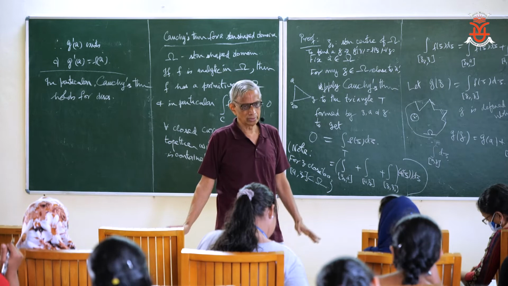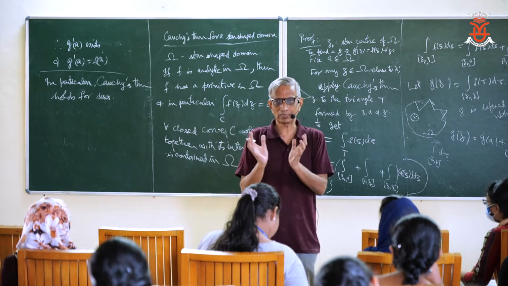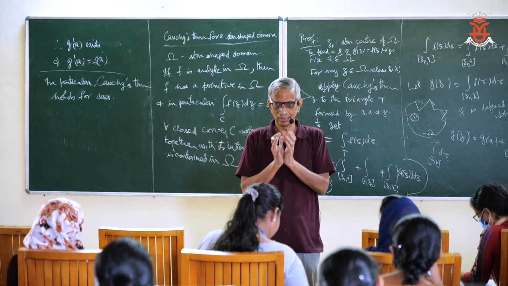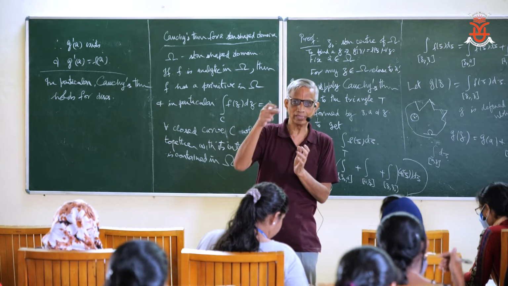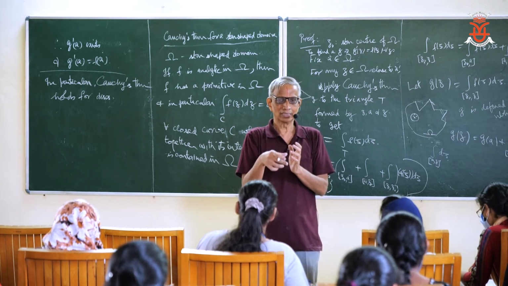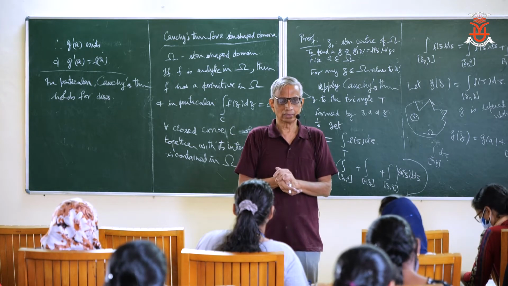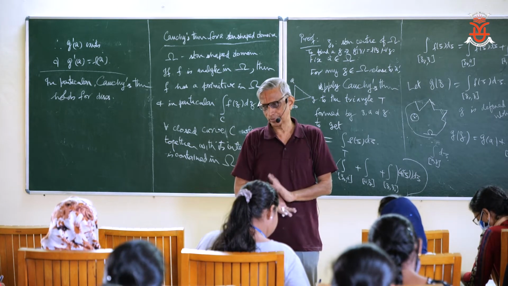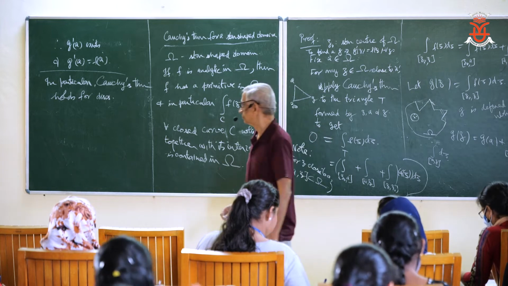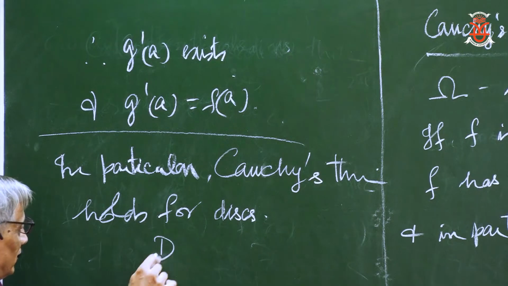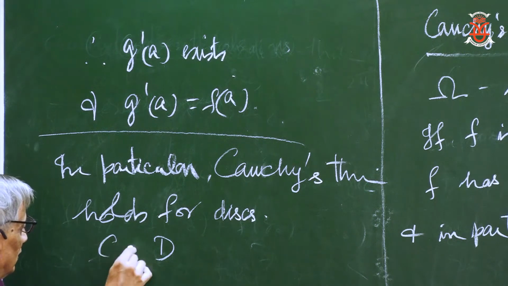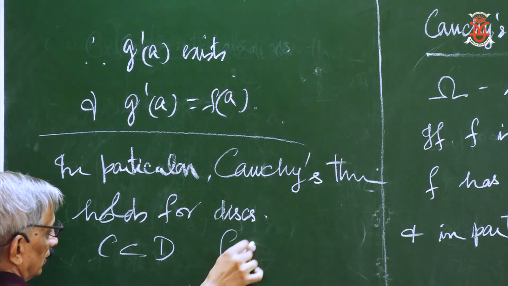That means what? If your function is analytic in a disk, and you take any closed curve inside the disk, then the integral of f(z) along that closed curve is 0, right? So if you have a disk D and a curve inside this, then